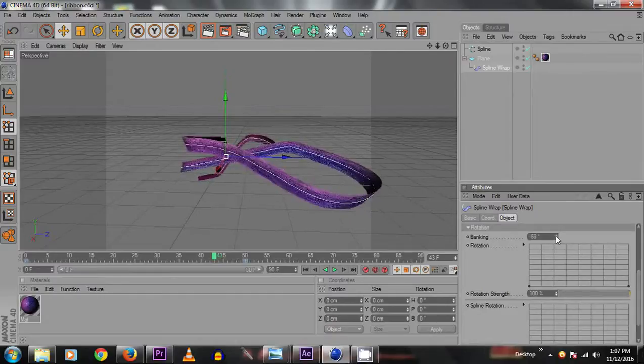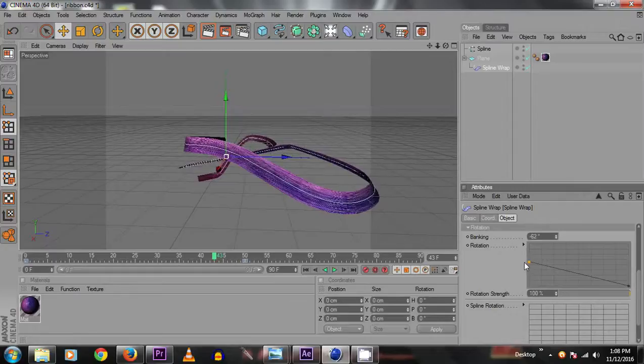We can increase or decrease the banking. We can rotate the ribbon in different axes like this. By playing with the curve, we can randomly rotate the axis in different lengths like this.